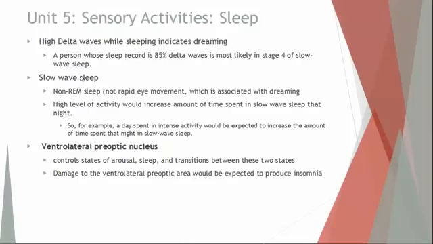The part of the brain that will help control the transitions between sleep and wake cycles is called the ventrolateral preoptic nucleus. This will regulate how well you go from being awake to falling asleep and waking back up again. So damage in this area would obviously impact how well you sleep. If you can't get to the REM stage of sleep, then you won't have a restful sleep. If you don't get to stage 4, you won't be able to have dreams. So having damage to this area can cause a huge variety of problems.